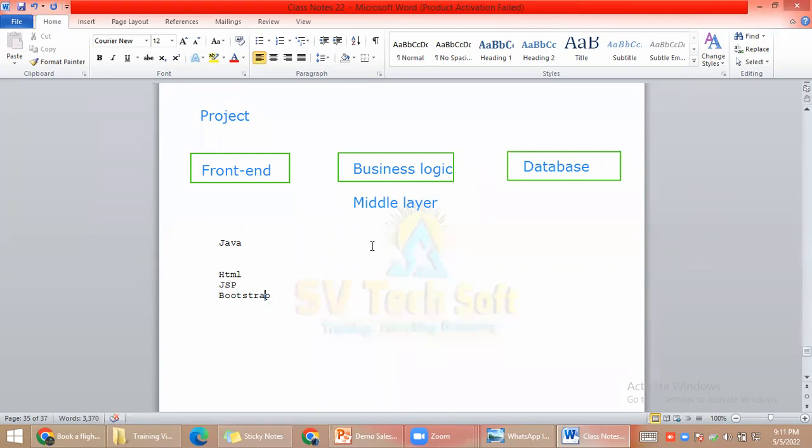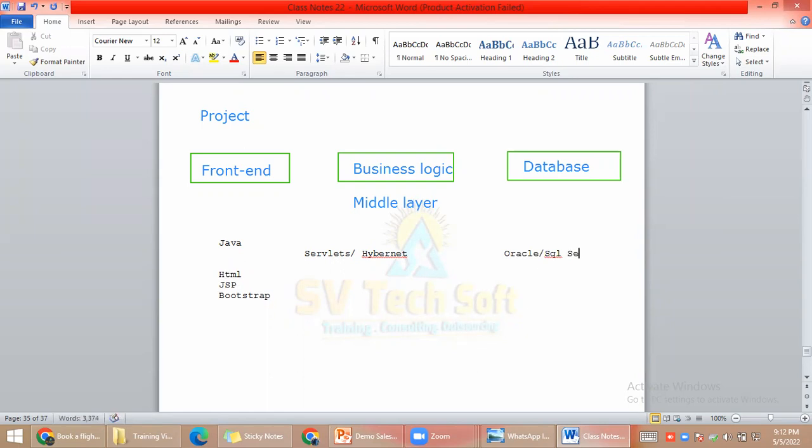But coming to middleware, they have to use Servlets or Hibernate if the project is on Java, like core Java or advanced Java. For the database, they have to use either Oracle or SQL Server, correct or not?